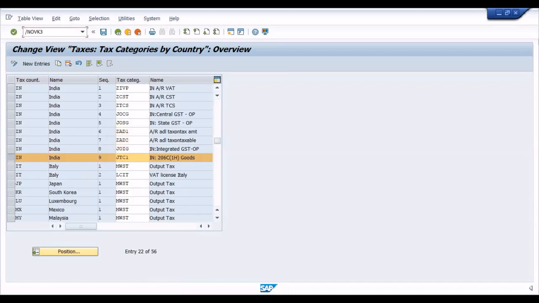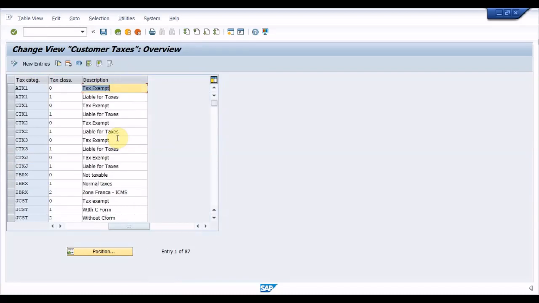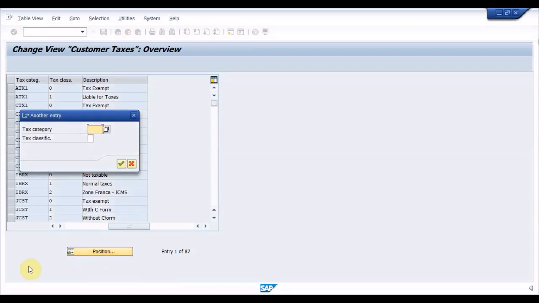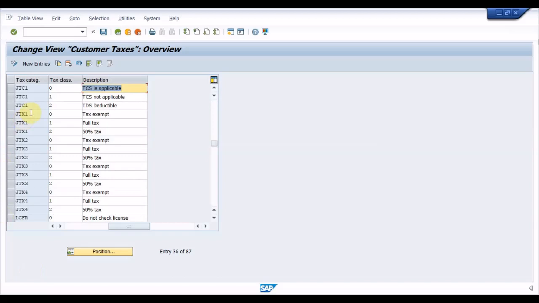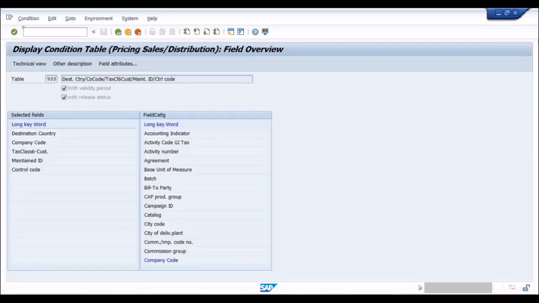Execute the transaction OVK3 and OVK4 simultaneously and add tax classifications for JTC1 condition type. Execute the transaction V/03 and create condition tables.